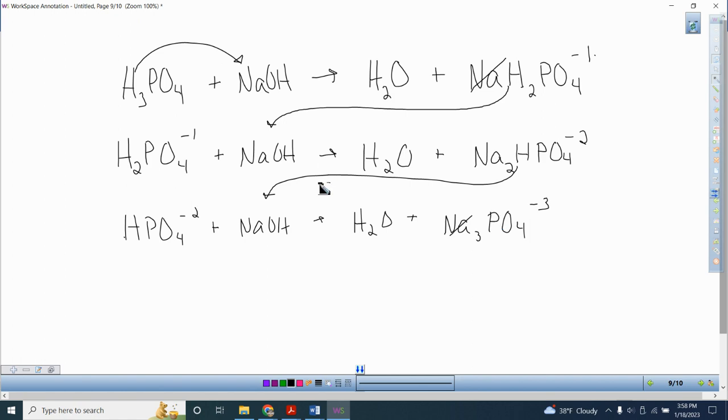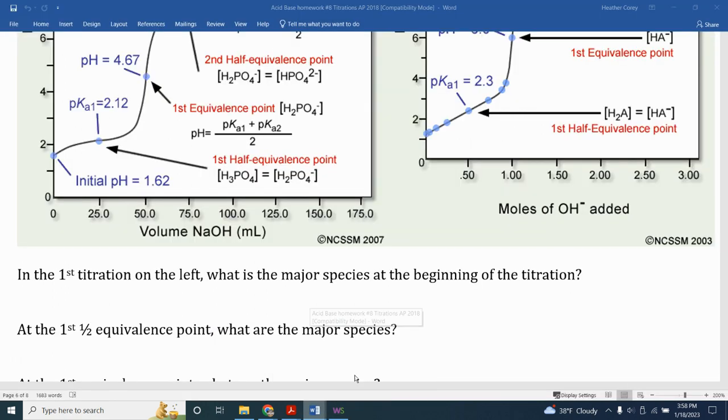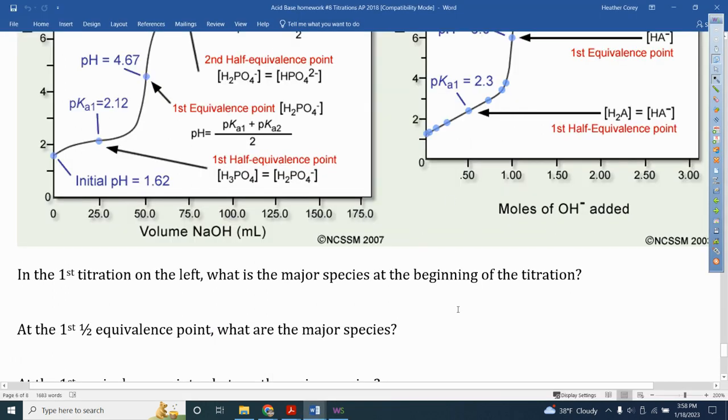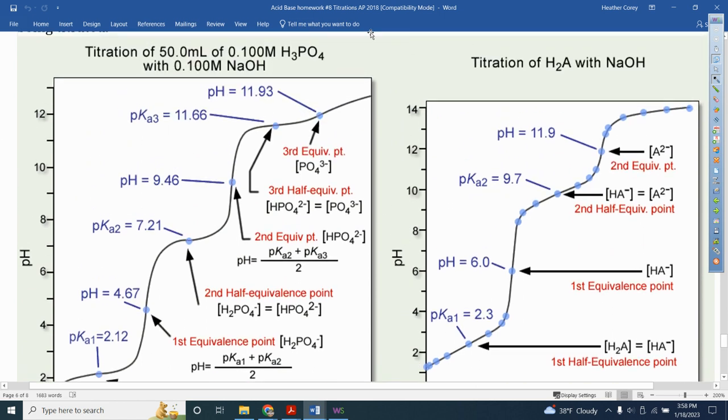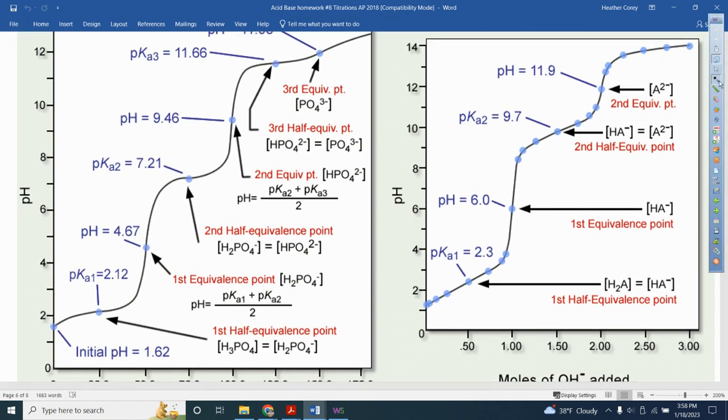Okay, and so when you look at the graph, what you see is this. At halfway to the equivalence point, you have half of this left over, and you have half of this formed. And so those are equal concentrations. And that's showing that to you right here. So if I'm looking at this right here, it's showing H3PO4 plus NaOH. And so at